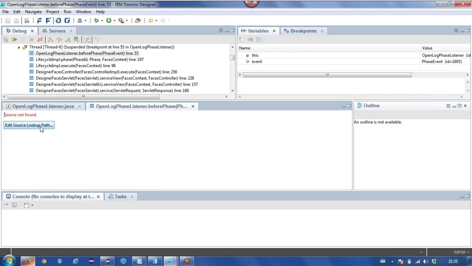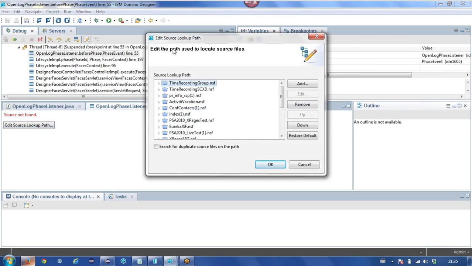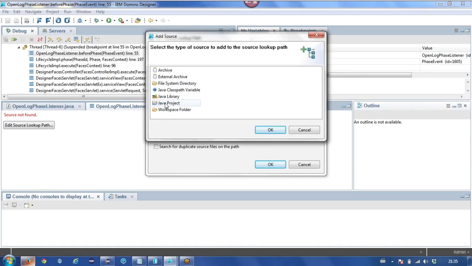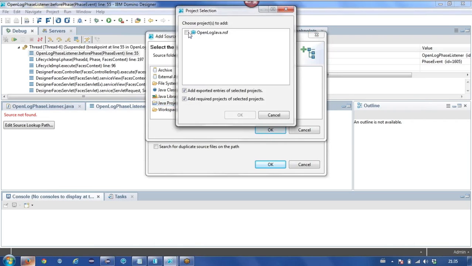So we just click on Edit Source Lookup Path, and select. It's not in the list that's currently there. So we click Add and Java Project, and it gives you a list of all the NSFs that are open in Designer.